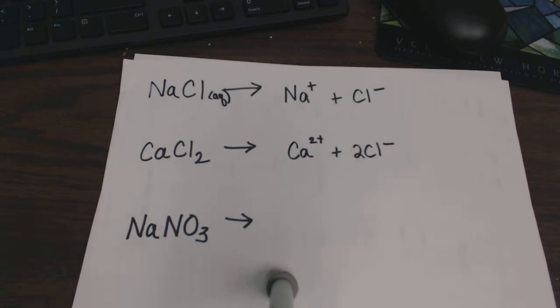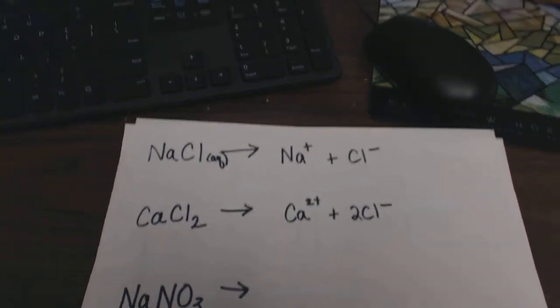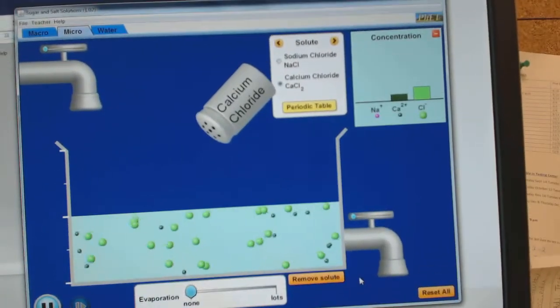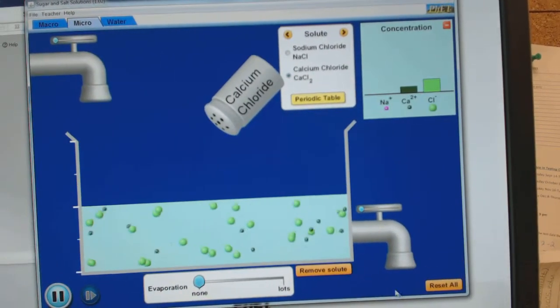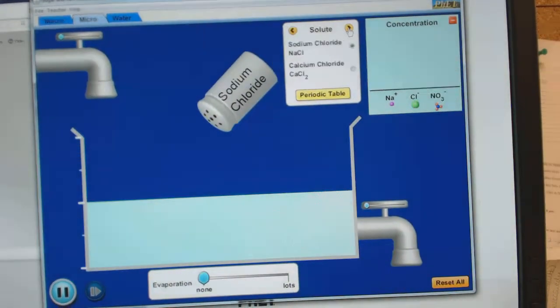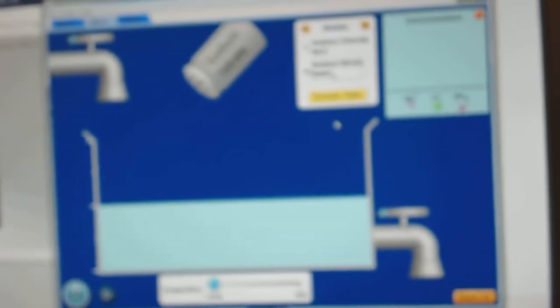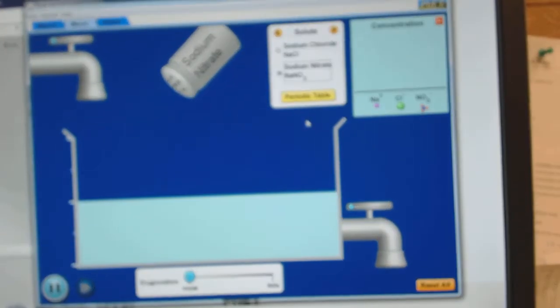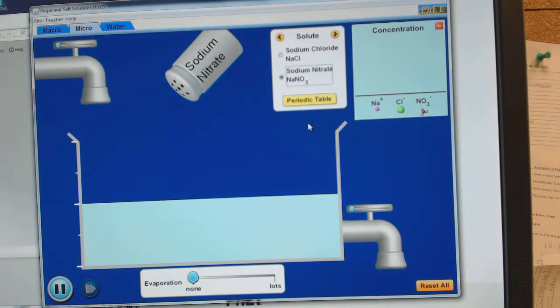All right, let me show you one other little thing here. Our polyatomic ions always like to make a lot of trouble for us. So I wanted to show you what happens. Let me remove this solute and go over here. You can play around with the different solutes. I'm going to show you what happens with sodium nitrate. Okay, so sodium nitrate, when I shake that, what I want you to notice, look over here